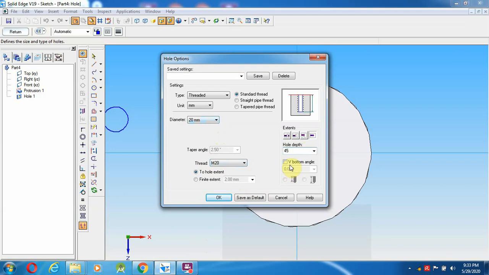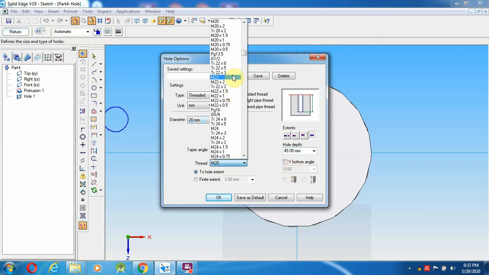And here the thread size is given as a square, so that is TR 20 into 5. In this one you have to check TR 20 into 5.